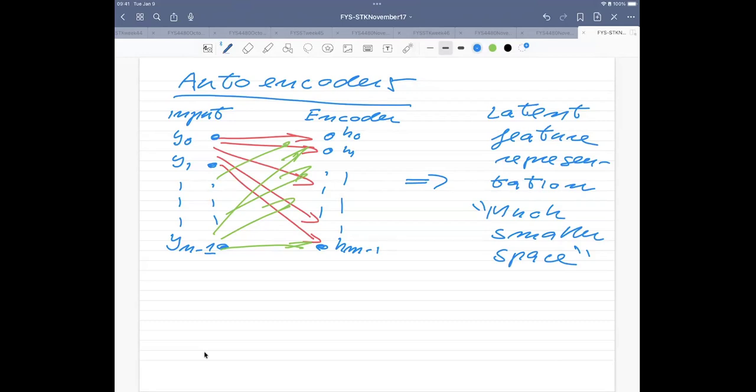Now, these data sets which you have here, these latent features, are then used to reconstruct something which is called a decoder. So these latent features feed then into a decoder part.